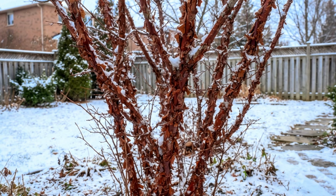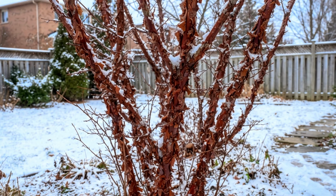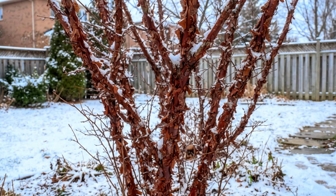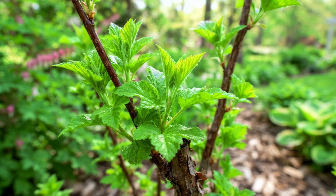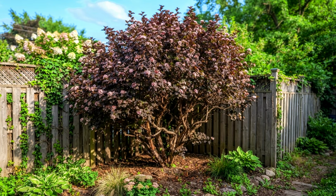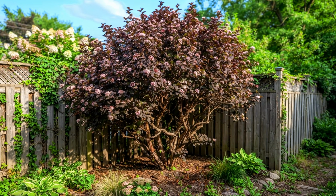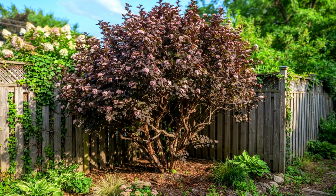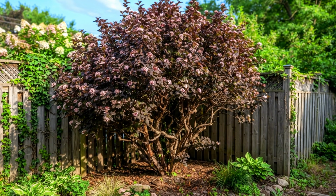It's deciduous, meaning it drops its leaves in fall, so it won't give you the winter screening the previous shrub does, but what it lacks in evergreen coverage, it makes up for in speed and toughness. A mature ninebark typically reaches 5 to 8 feet tall and wide for straight species, though some modern cultivars stay more compact. Worth knowing, since a cultivar bred for smaller stature or darker foliage color may sacrifice some of the